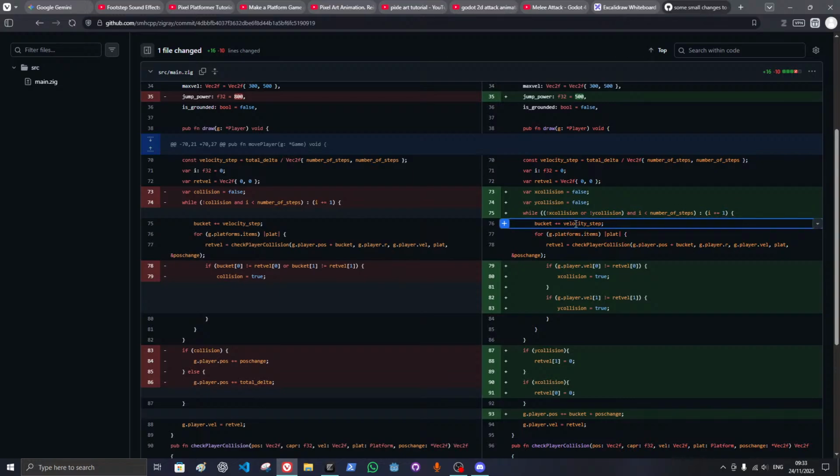I add the velocity step each time to a bucket, and I add this bucket to the player position, and then I check if the player has collision. I get a return value, and this return velocity is the velocity. So if you see the function,